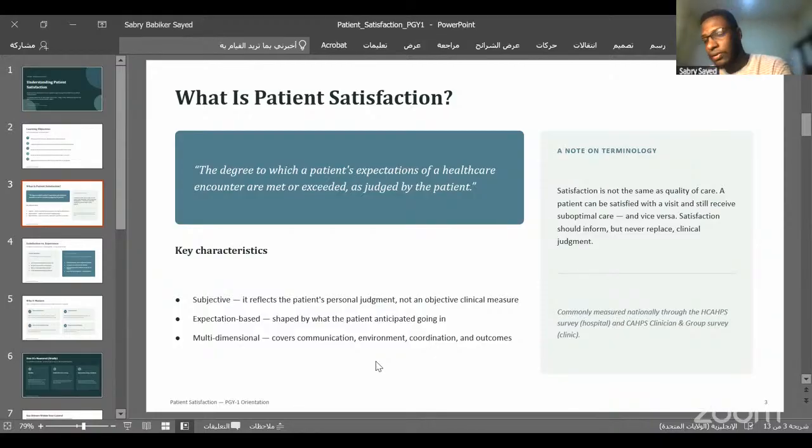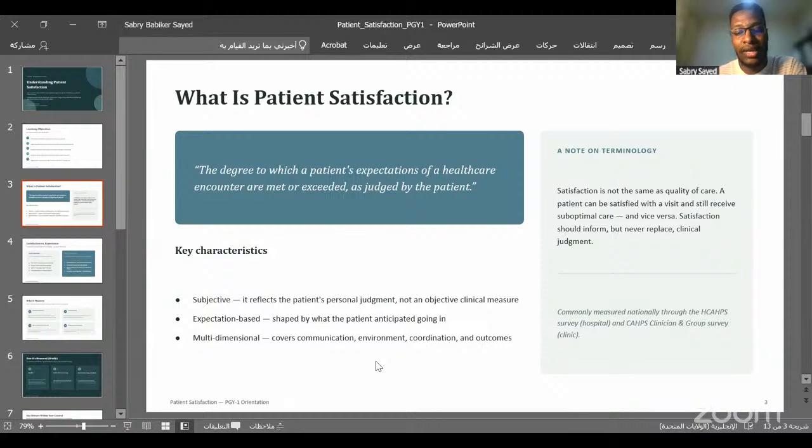And we have a lot of clinical measures nationally in the US, mainly known as HCAHPS, which is the Hospital Consumer Assessment of Healthcare Providers and Systems. And also we have CAHPS, which is the Consumer Assessment of Healthcare Providers and Systems. The difference between them is that HCAHPS is hospital-specific. It is a type of survey used for patients to evaluate the communication, the behavior, and the service provided in the hospital, while CAHPS is broader, so it can be used for patients as well as for clinicians.